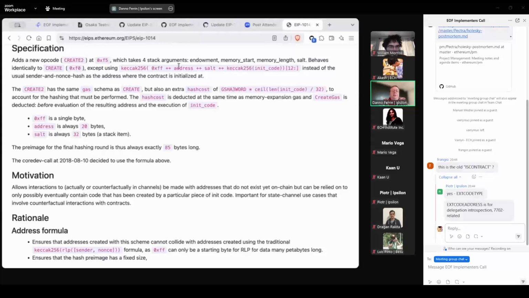Yeah, it has the init code, so it would be like 32 bytes less. So we get rid of the init cache, and it's just like CREATE. The concern about collisions is not a problem because the length of the hash is significant. So they can't use it to create collisions any more than any other hash could be used to create collisions.